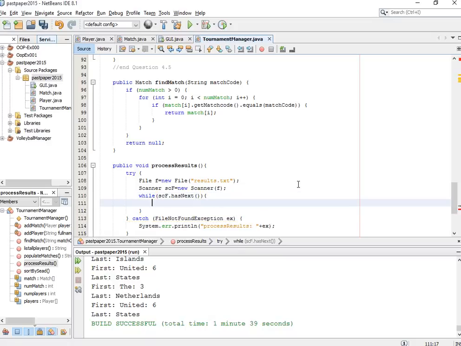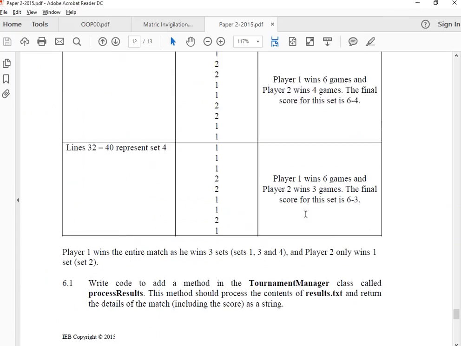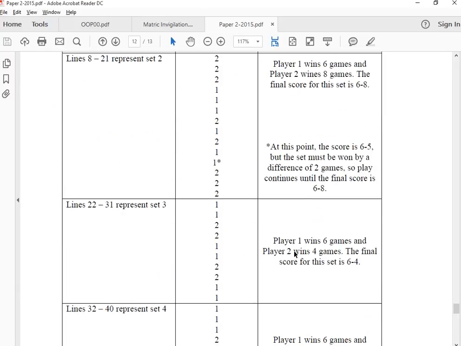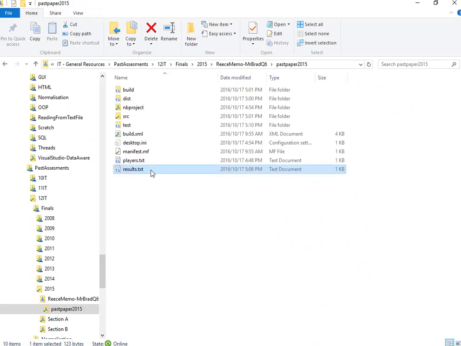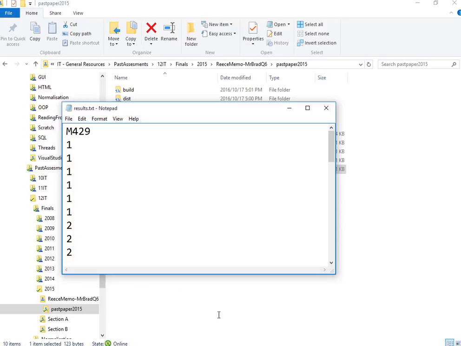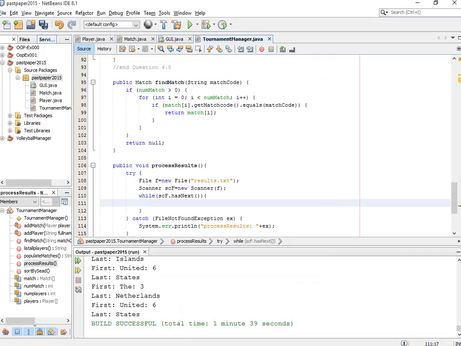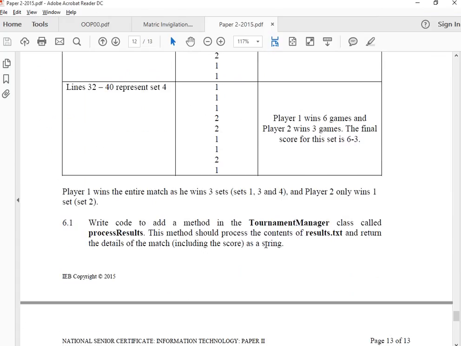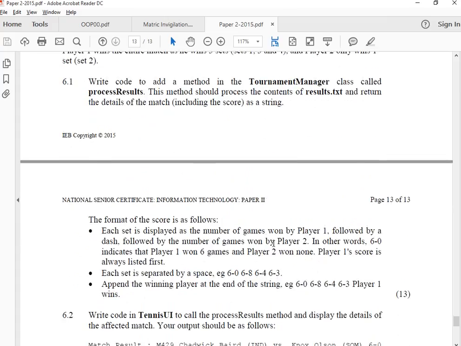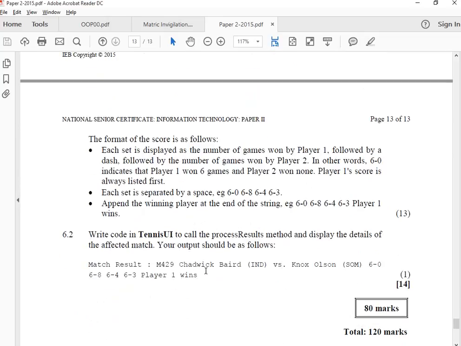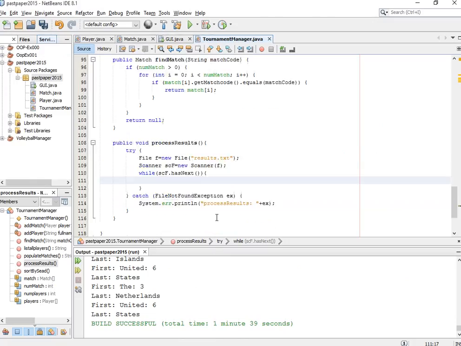Now the first thing you'll notice is that the first line in the text file, let's actually open up the text file, is the match name, so M429. If we read the question paper, let's check what it needs us to do with that first line. It says each score should be player 1, player 2, EGD, 6-2, etc. So it's basically write code for the results details of the affected match, and your output should be as follows. Okay, so the first line is going to be literally